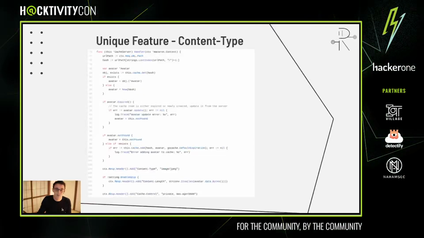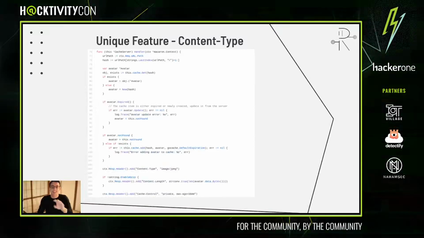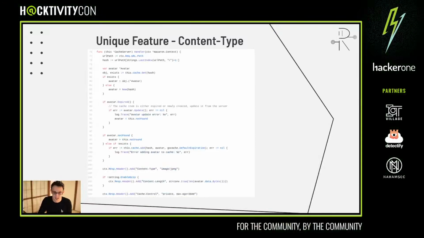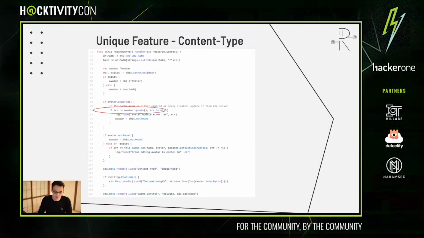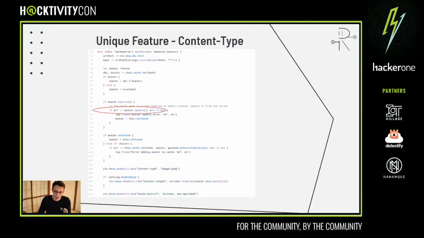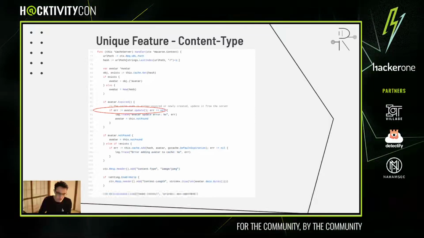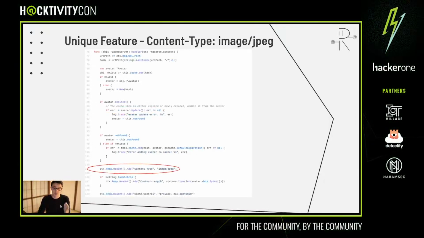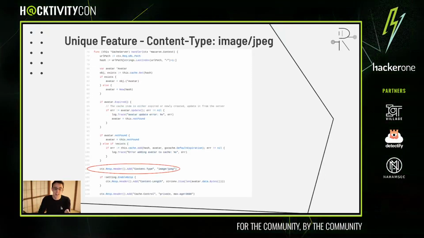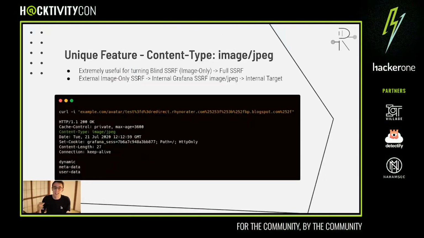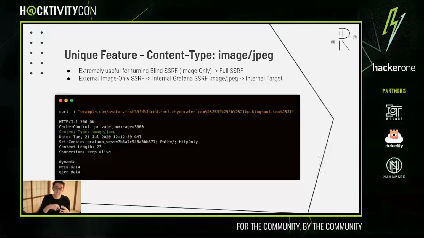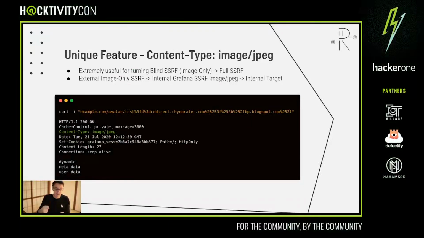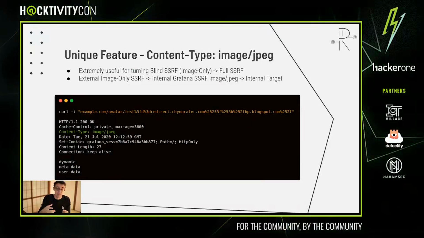So one of the most common types. Oh wait, hold on. I'll go through this first. So this SSRF has a unique feature, and that's its content type. If we go back to the code, we can see that after the avatar update call, it does this really weird thing on line 104. It sets the content type of the response to image JPEG. So what you're actually doing here is you're getting a real SSRF response back in the content type of image JPEG,